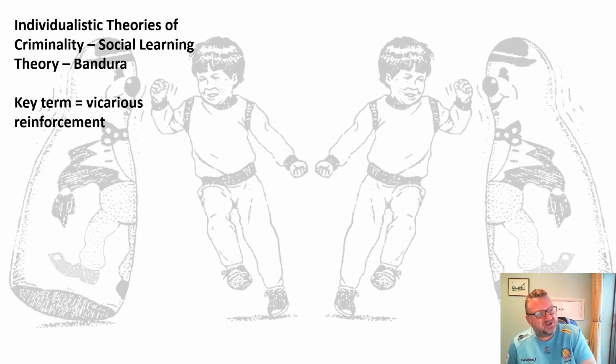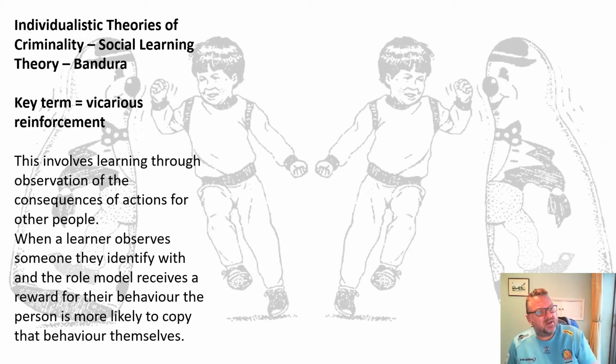His key term is vicarious reinforcement. This involves learning through observation of the consequences and the actions of other people. When the learner observes someone they identify with, and that person, the role model, receives a reward for their behaviour, the person that's watching is much more likely to copy that behaviour themselves. To give an example,